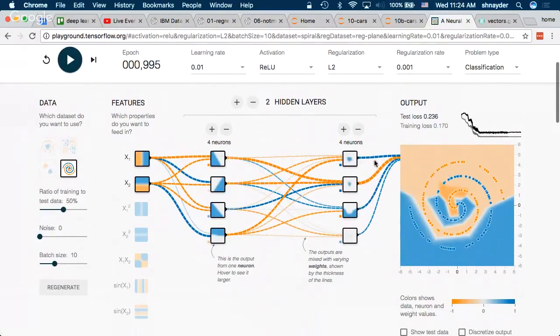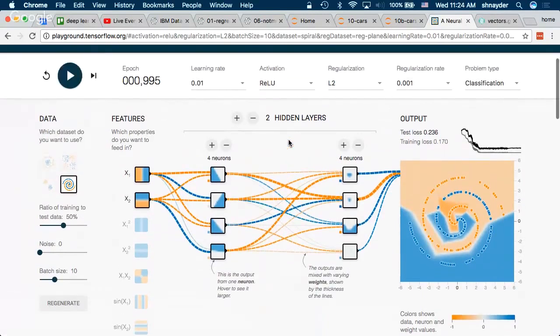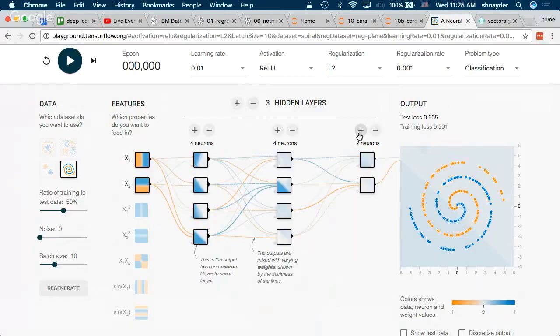Weights are still getting kind of big. How can we do better? We're still getting like 70% right. We could probably either add more layers or add more neurons, right? So let's add one more layer, let's say also with 4.